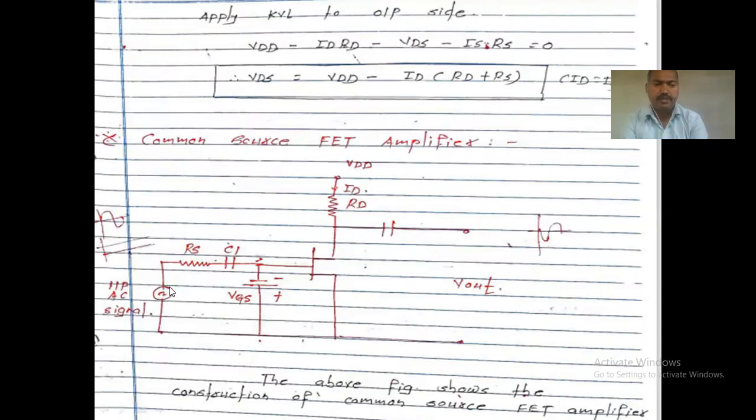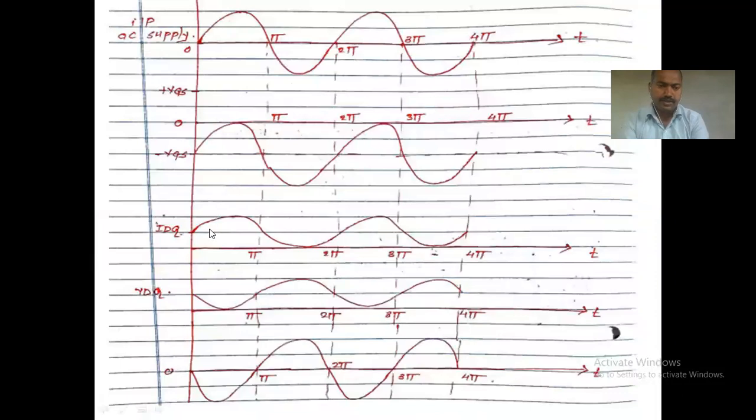See, we have applied the input AC signal that should be provided through the capacitor. Here it is considered as VGS equal to 0. In that case, the drain current, here the gate to source voltage is 0. So the input voltage coming across here should be amplified more. So drain current means your drain current should be more. That is positive. See here, drain current should be positive and negative, why? Because it is a sinusoidal waveform.